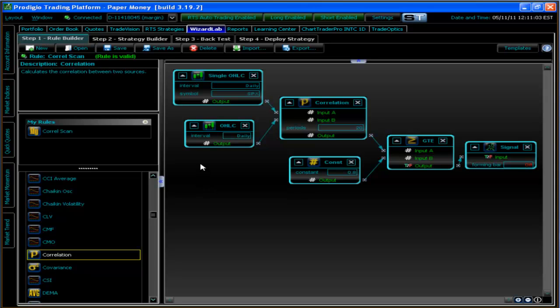But you think of rules in Wizard Lab as a flow of data through the system, much like electricity running through wires, much like water running through pipes. You have source data, and this is kind of your starting point, and as the source data trickles through the system, you run calculations on it. These calculations act as a series of filters,